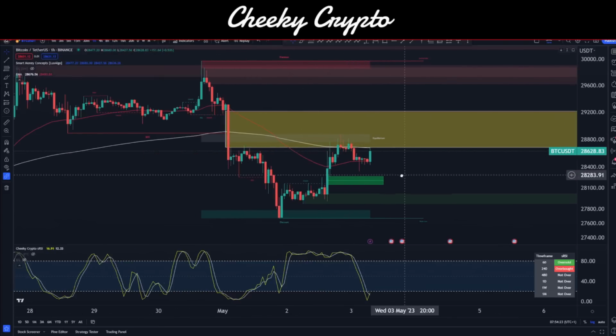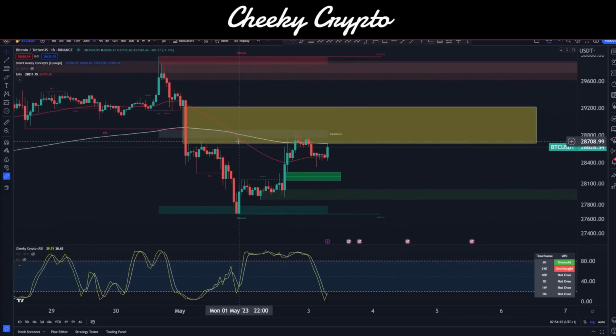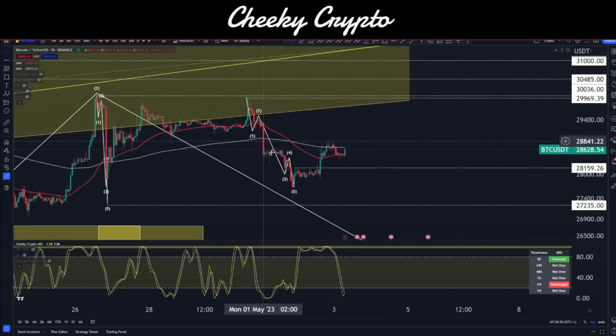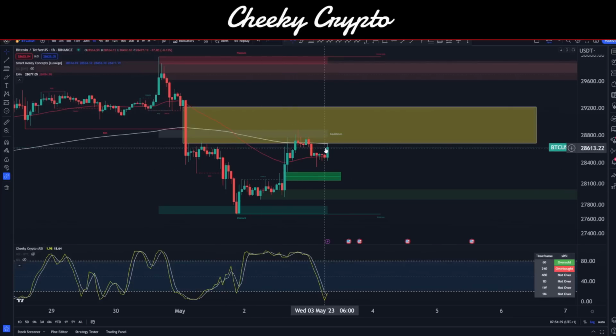So looking at it, everything here is kind of playing out according to what we were talking about yesterday. The only exception is that we were hoping that we'd actually have one more leg down to make this a cleaner 5-wave movement than what we currently had here. But again, we can still see that it does map out quite nicely as a 5-wave structure. So all in all, everything is playing towards the direction that we thought it was, and everything is going along according to plan. So we should push up slightly higher in my opinion.